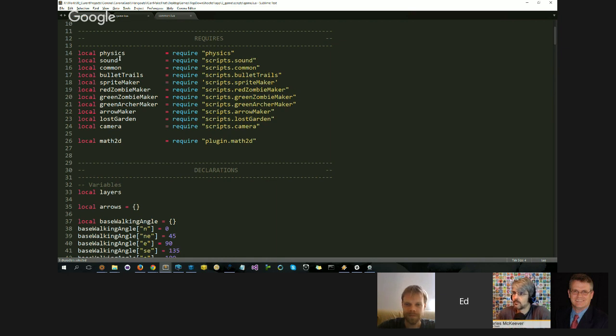At the top here, as before, I require all of the different scripts and modules that I'll be using. And there are quite a number in this game already. We have physics, which we use. This is Corona. The sound module, which we're not using, but we will be. Common. And then we have Sprite Maker, the Zombie Makers, the Archer Maker, the Arrow Maker, the Lost Garden Pack, our camera module, and Math 2D,